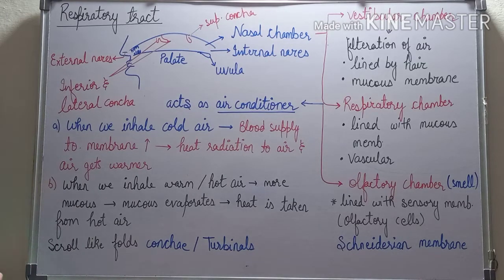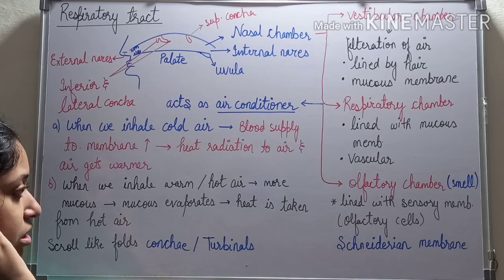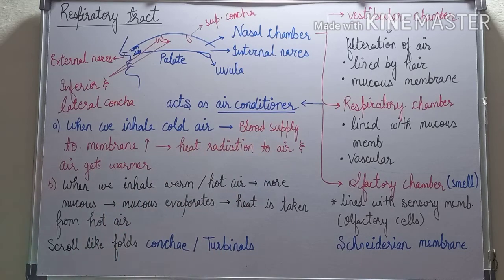How? Like in winters, the air around us is very cold. In our body, neither cold air is accepted, nor very hot air. The air which will go through the trachea to the lungs should ultimately be of a normal temperature. It should not be too hot nor too cold. So how does it regulate the temperature when we inhale cold air, especially during the winter season? It is highly vascular, as I already told. So there is a rich blood supply to the membrane.